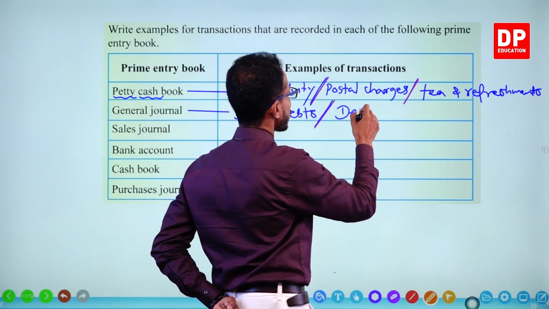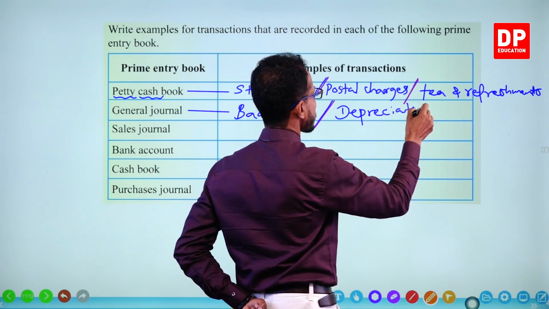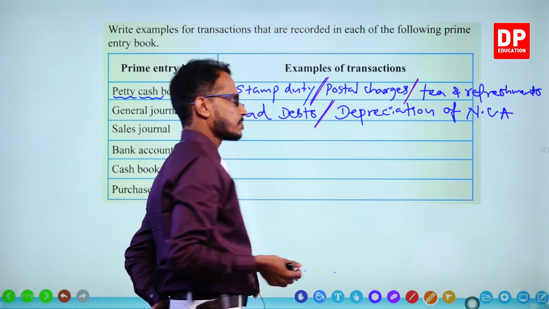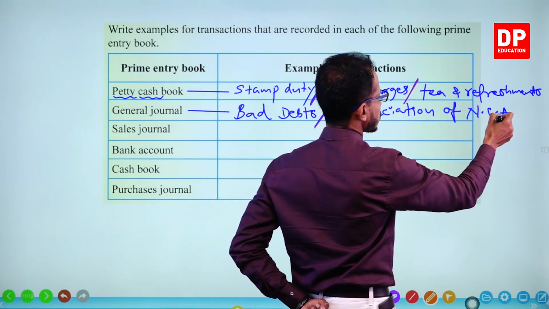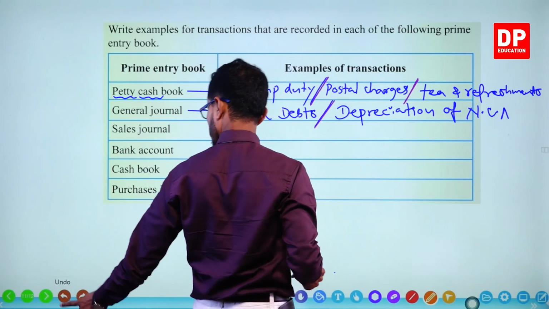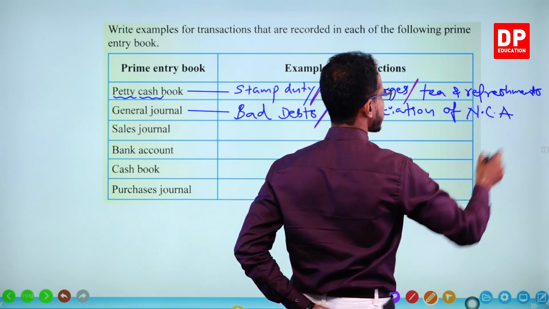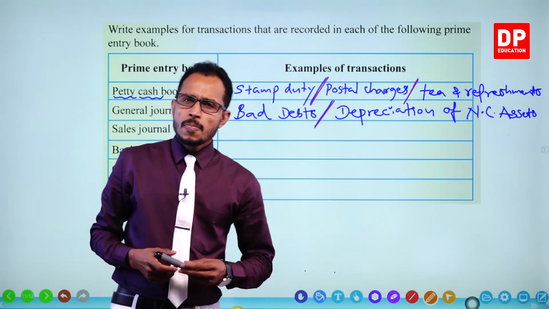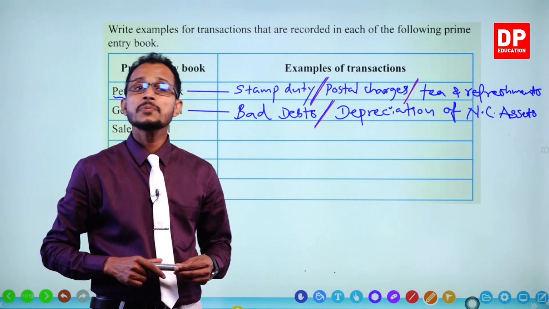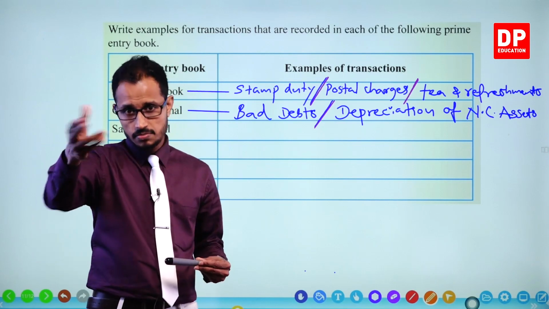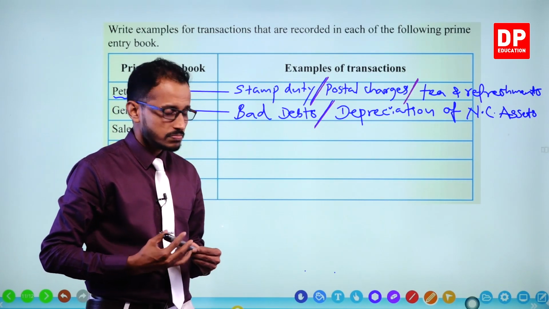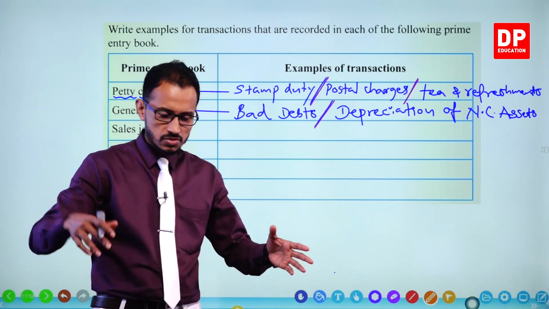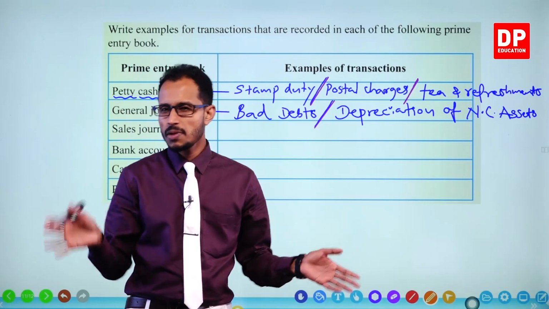Depreciation of non-current assets. NCA means non-current assets. Well, most of you, I don't think you know about depreciation, but we are gonna learn depreciation soon in a coming lesson. Depreciation means the reduction of value in non-current assets due to usage. You know, when we use the motor vehicles in the business, the buildings, the equipment and machineries and factories and plants and everything,